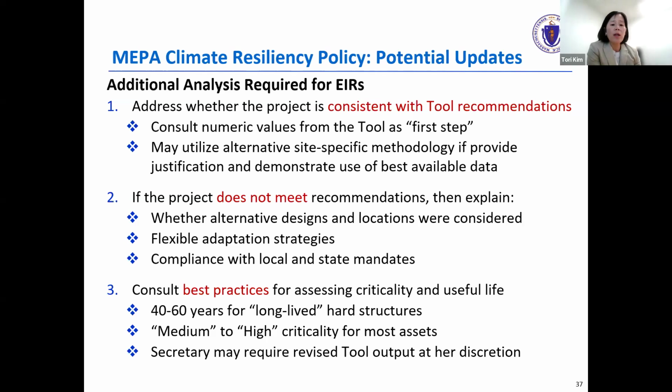And then also the option of conducting more site-specific methodology, if appropriate, to demonstrate the use of best available data. And then if the project is not anticipated to meet those recommendations, then an explanation of alternative designs, flexible adaptation strategies, and the like. And then the last point here, this gets to that issue of criticality and the variable